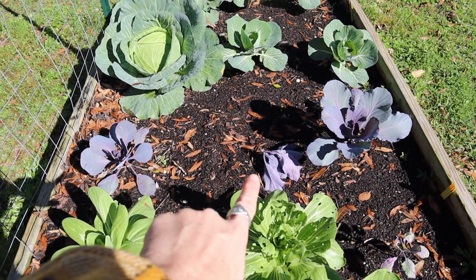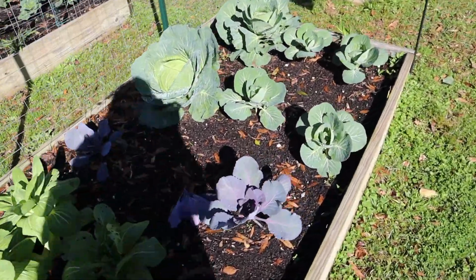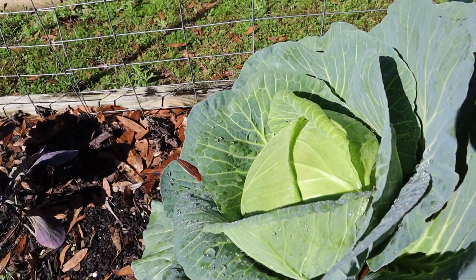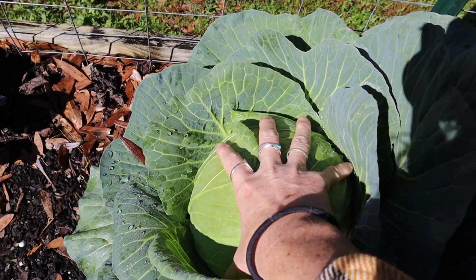That one has gotten eaten, ants have eaten the base, so it has kind of fallen apart. Some green cabbage. Look at this guy. Let's see if I can get in there without blocking it with my shadow. It is getting really big. I've been trying to monitor it a lot with how much rain we are getting, because if they get too much rain and grow too quickly, the cabbages, when they're this size, can go ahead and split. So it was still a little bit on the smaller size. It is starting to get big, so I'm gonna have to really keep an eye on it if we start getting any more rain, because we've already had so much, so I really don't want it to bust and